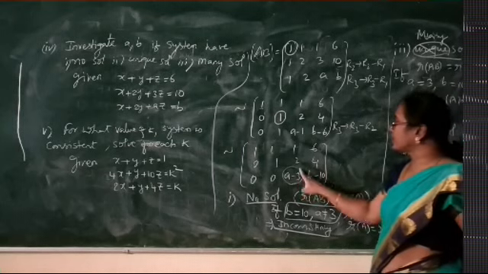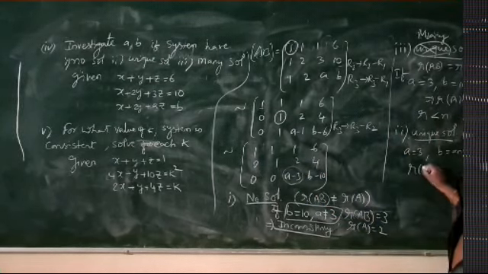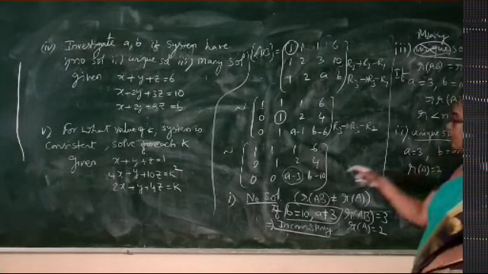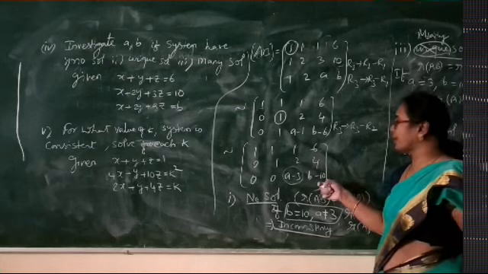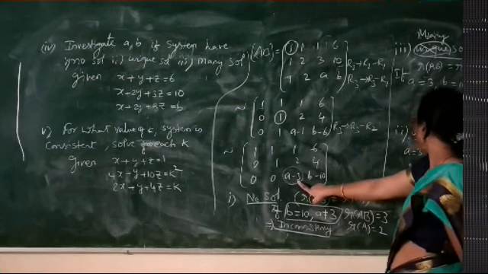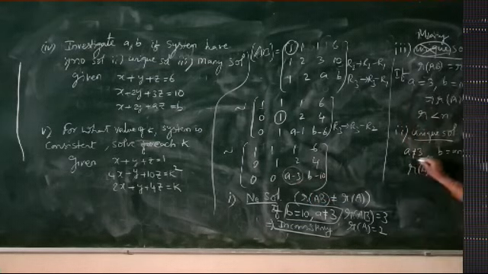For A equal to 3, this becomes 0. We have two non-zero rows in A. The rank of A becomes 2. And B is any value, maybe 10 value or not equal to 10 value. But already A minus 3. No. We should select A not equal to 3 and B is any value.